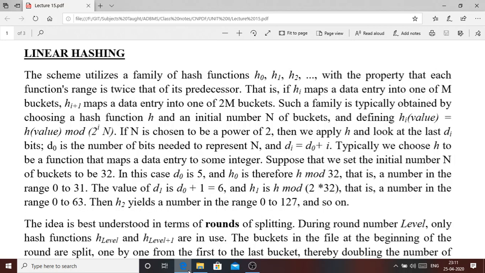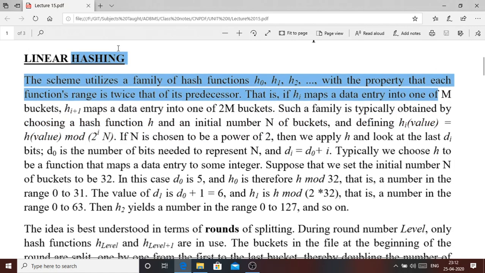Students, today we are going to discuss one more interesting hashing technique or hashing scheme, which is called linear hashing. Yesterday we discussed static hashing and extendable hashing. In linear hashing, we use a scheme that utilizes a family of hash functions, the way it is being shown here, a family of hash functions, say h0, h1, h2, that way. Those family can be used where if h0 points to some m number of buckets, then